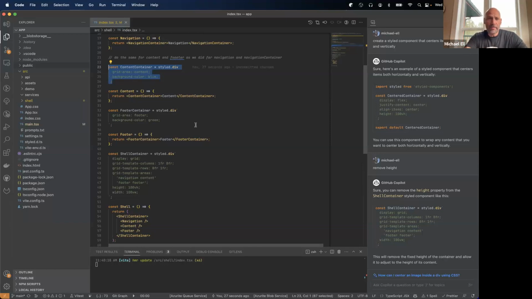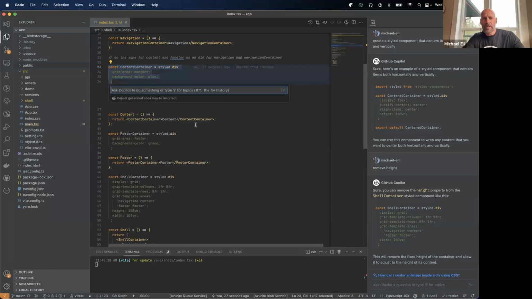There's a quick keystroke here, Command I. As opposed to working in the right-hand side where our chat is, I can actually ask it inline. So I'm going to say, extend this, and I can't quite remember the syntax. Extend this